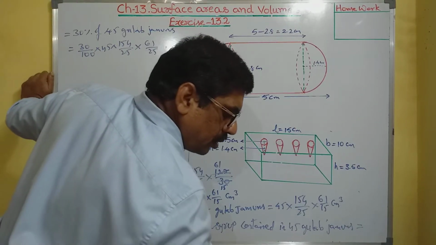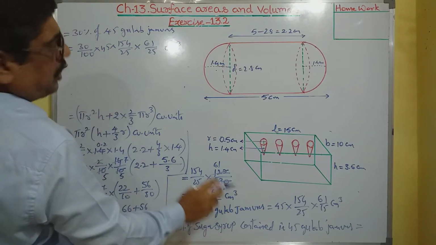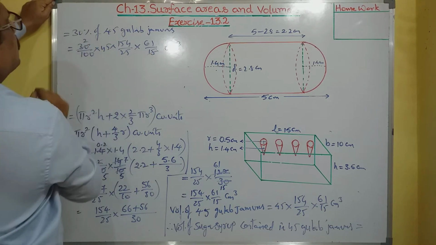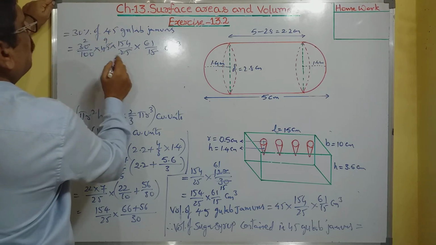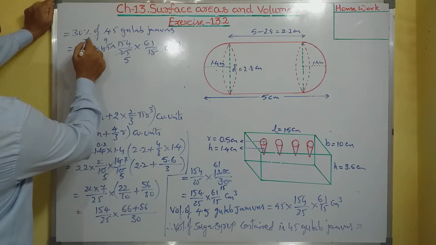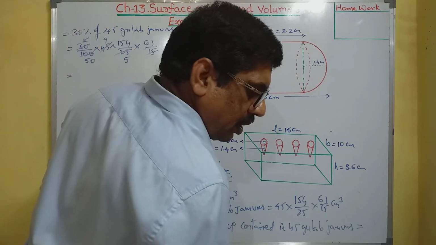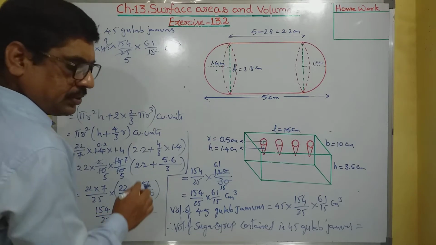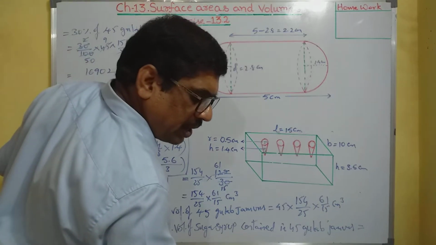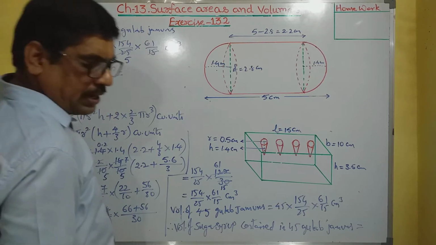Okay, so let us simplify. Here 25, yeah, this is 15. So 15 2s are 30, 5 9s are 45, 5 5s are 25. Okay, and 2 50s. Okay, so please divide for yourself. I get 16902, 169,092 by 5. I did it already.